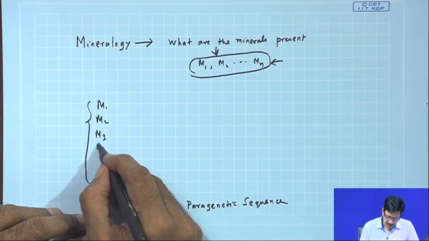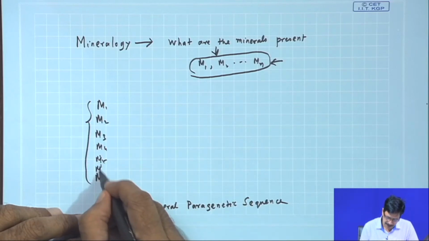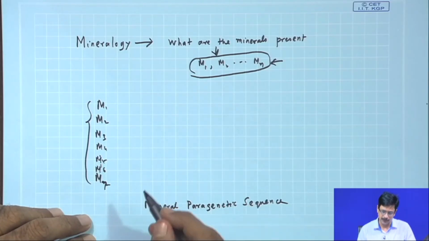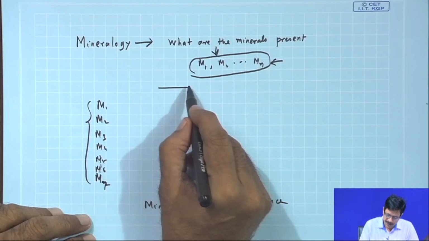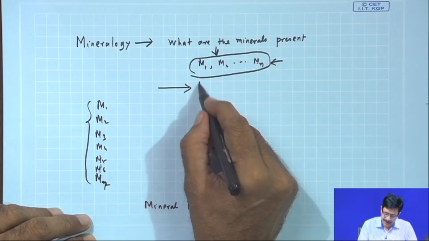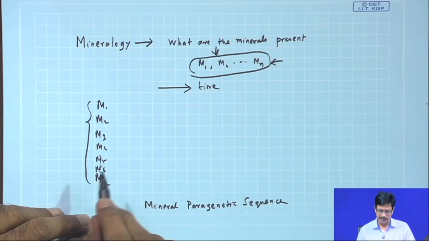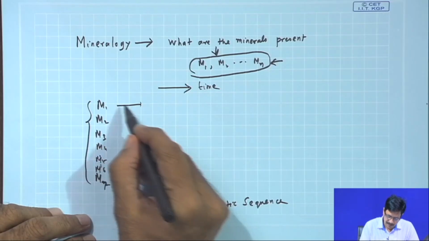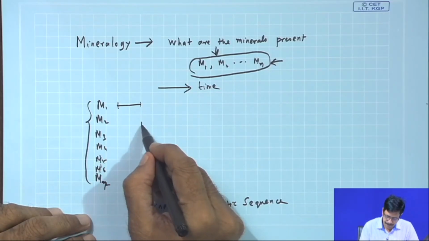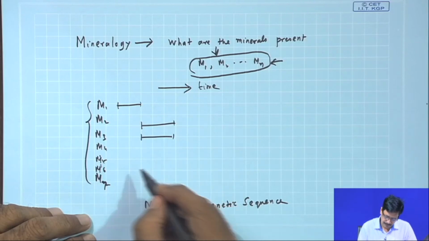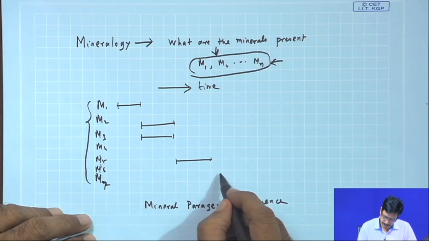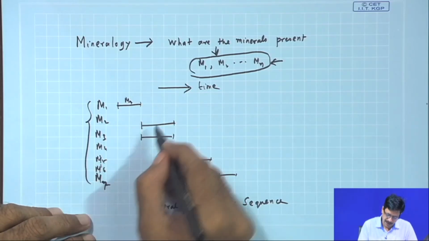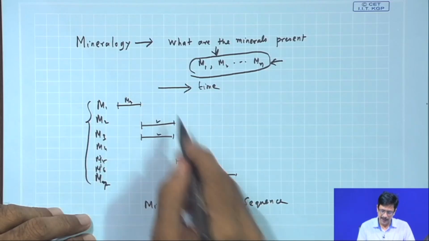Suppose there are M4 and M5, M6 and M7. There are 7 minerals that I am finding in a sample of ore. So, here I could represent it in a qualitative sense in time, not in an absolute sense, but in a relative sense, early, late and so on, and I can represent them like this. Say for example, M1 was here, M2 was here, M3 was here. So, by looking at the